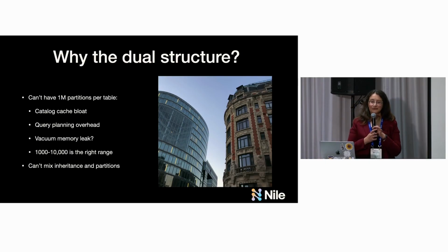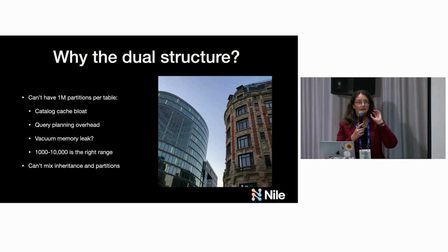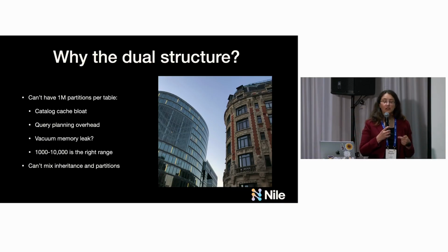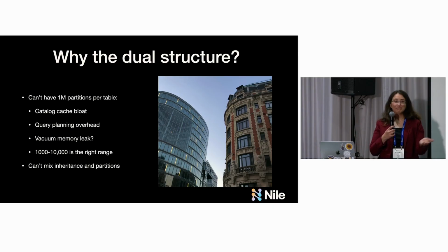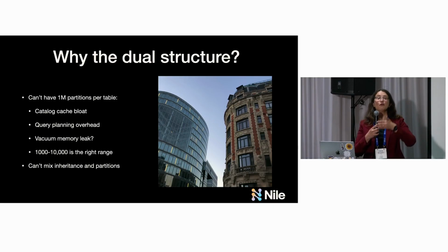So, as I said, we needed a dual structure, basically because Postgres does not handle well having a million partitions in a single table. I mentioned the query planner overhead. There is also catalog cache bloat. A connection caches catalog information for every table and partition it ever saw. If you use a connection pool, as we do in the proxy, over time every one of your connections will see a lot of those, potentially millions,